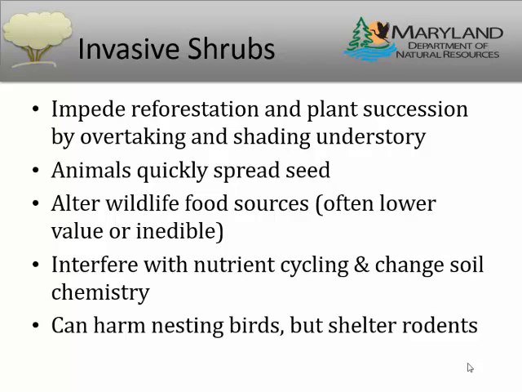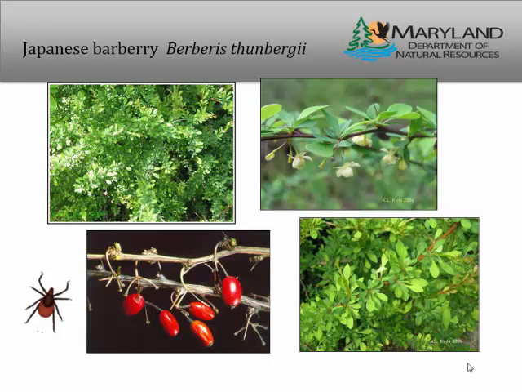And even just the growth habit and the way the branches are arranged on these bushes can be problematic for nesting birds, and they can also shelter rodents, which tends to increase our population of ticks and Lyme and other tick-borne diseases. So this one is a big culprit in that.